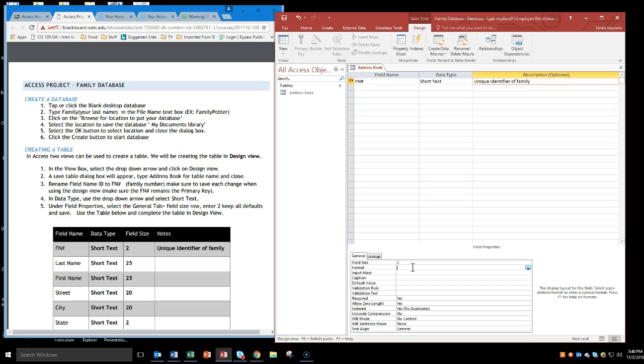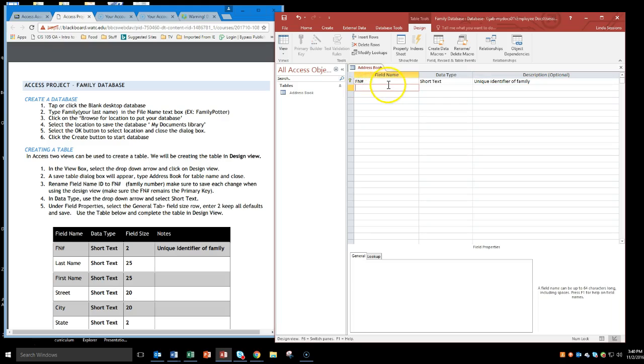If we had a particular way we wanted to format the information in this field, maybe we have a telephone number and we want it to always look the same way, we can do an input mask. We can put a caption on the field. We can say, hey, it's required. You have to have that field. Since it's a unique identifier, we're going to leave that alone. So now we're going to go down to the next row, so you can either tab or